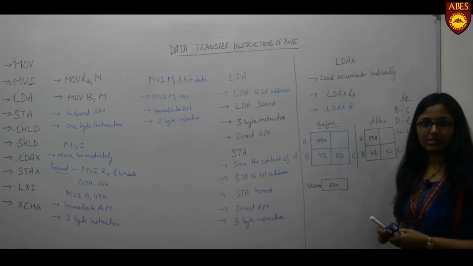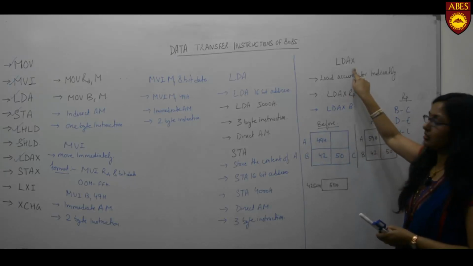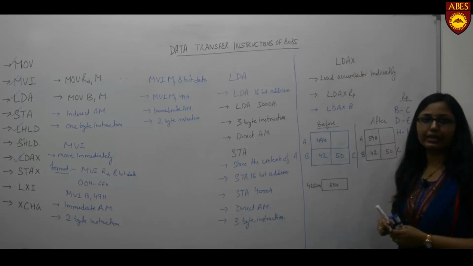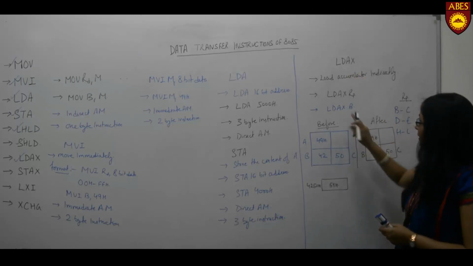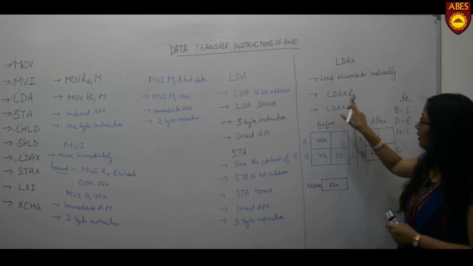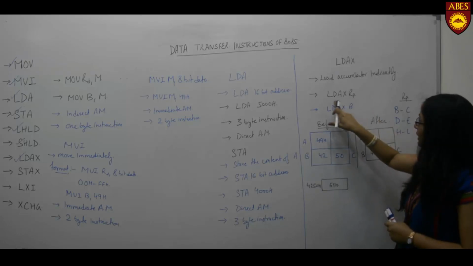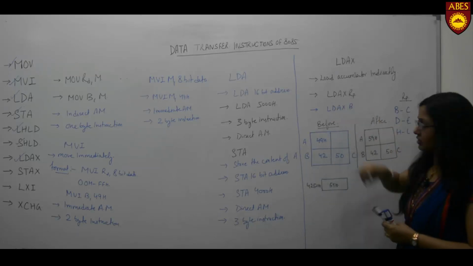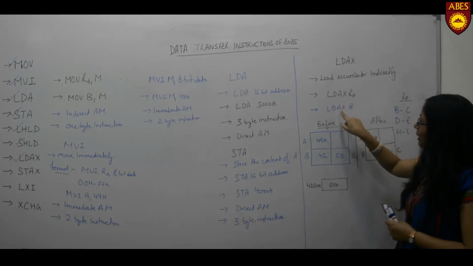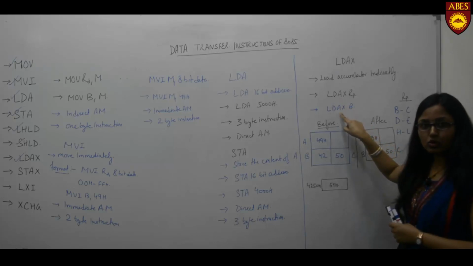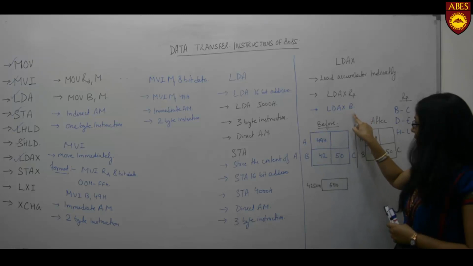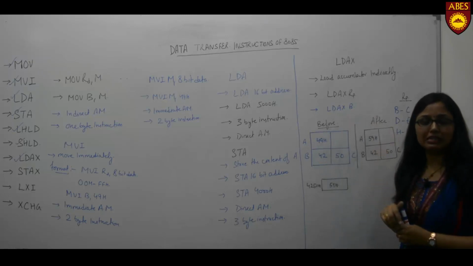Next data transfer instruction is LDAX. LDAX stands for load accumulator indirectly. This instruction is basically used with register pair. This is the syntax of this instruction. What does it mean? That it is used to load accumulator with the content which is specified by BC register